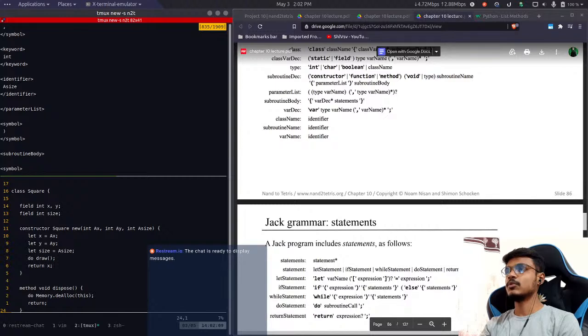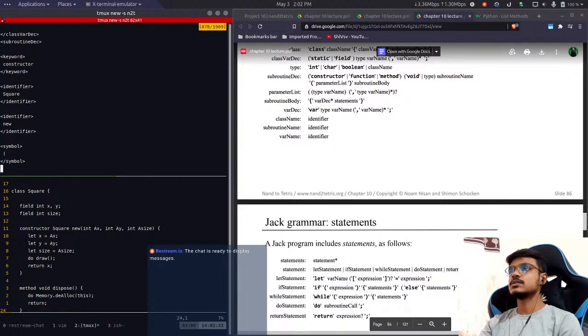Oh wait, the subroutine body starts, but why is this subroutine description not ended? Wait, the subroutine description starts here. Yeah, so subroutine body is part of subroutine declaration, so that's why it is not ending yet. Okay, and the subroutine body starts. We have the symbol,